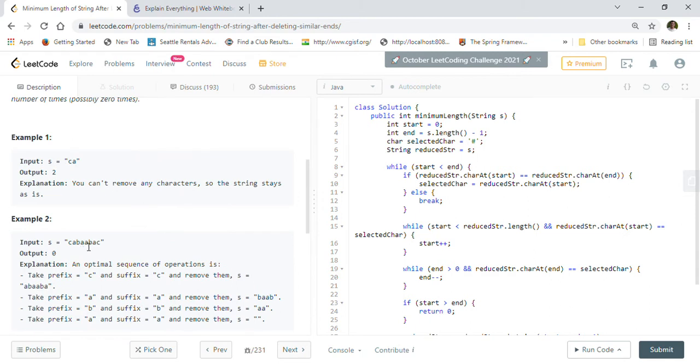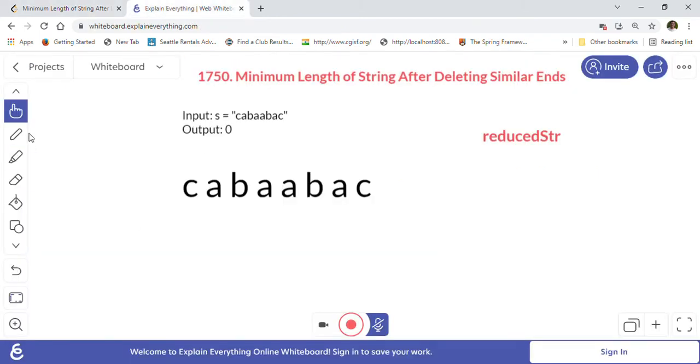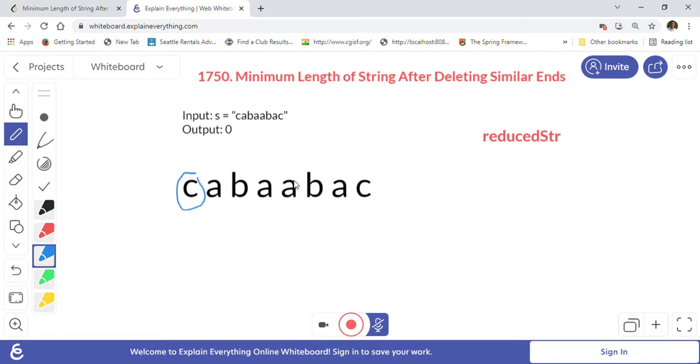So they have given us a couple of examples here. Let's take this second example, and we will go through it and propose our solution, how we are going to solve the problem. So this is the string that is given to us. First we have to select a prefix, right? The prefix can be of the same character as the suffix. So for example we select a C, and here also in the suffix we select a C. These are both the same character, so we delete both of these characters, because we are allowed to delete after selecting the same character.